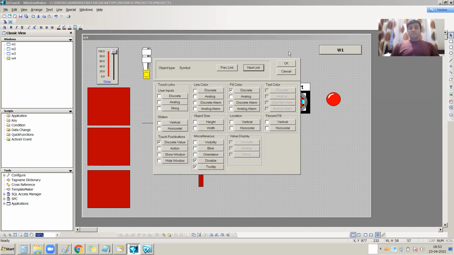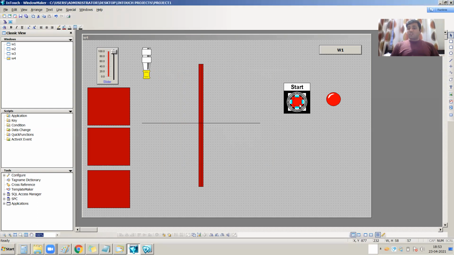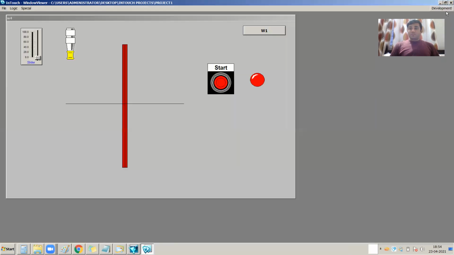Whenever your cursor is over here in the runtime mode, the tooltip description will open. I'm going to the runtime and moving my cursor over there. See, switch is visible, right? This is nothing but the information of this object.